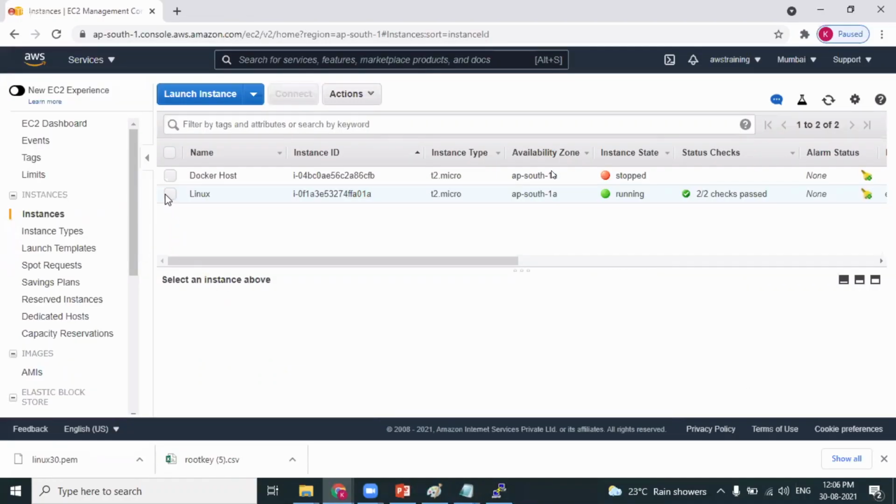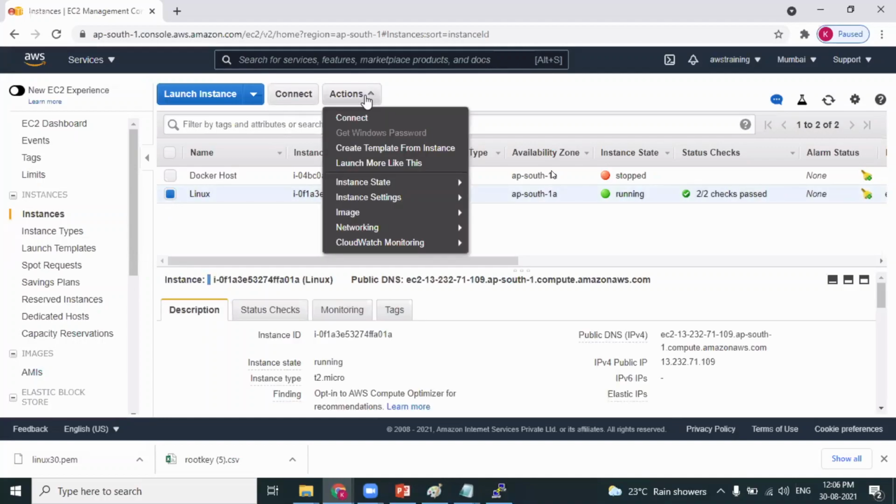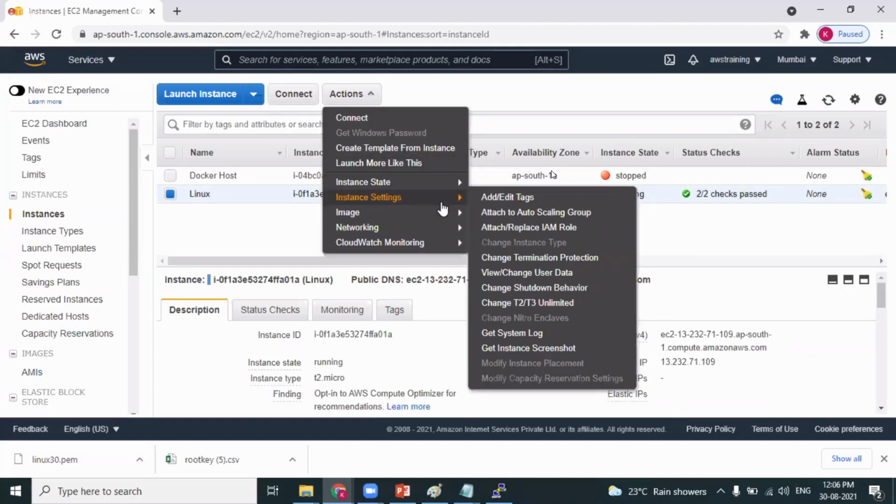Select the machine, Actions, Instance settings. Can you see Attach or replace IAM role, Anuj? Right. Here we are attaching the role.